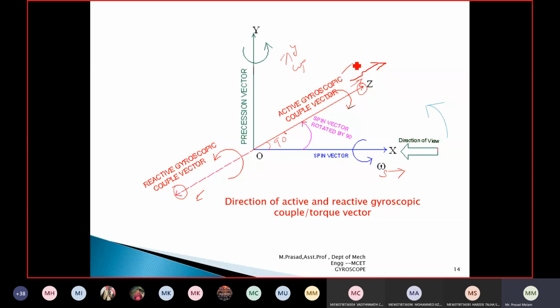Now it has to move in this direction where I am showing the arrow mark. It has to move in this direction means how does my thumb have to move? My thumb has to move in this direction. Then only it will move upward. It has to move downward means my thumb has to move opposite to this. This is moving clockwise. This is moving anti-clockwise. This shows my active couple, AC. This shows my reactive couple, RC.